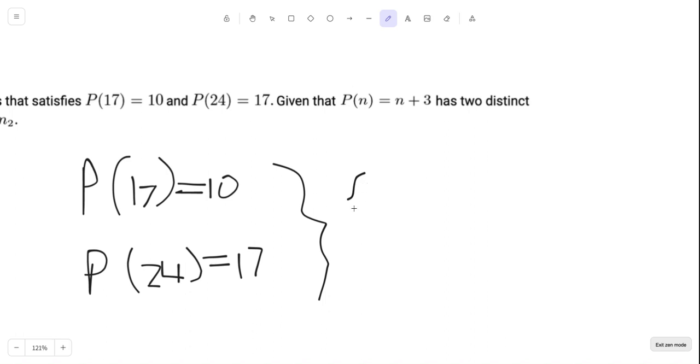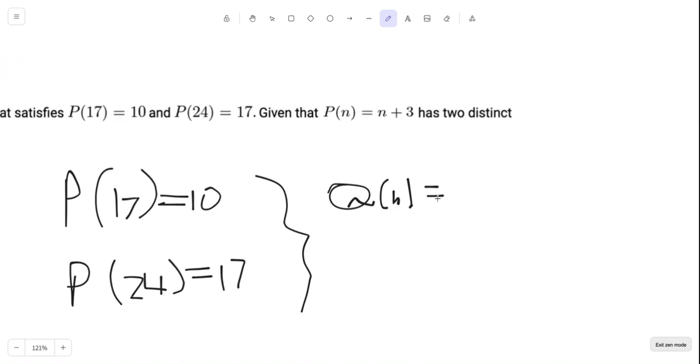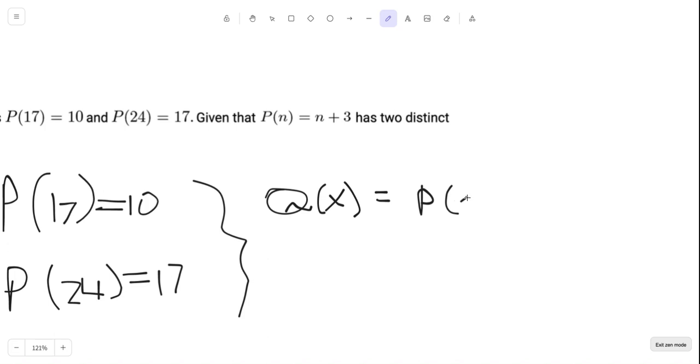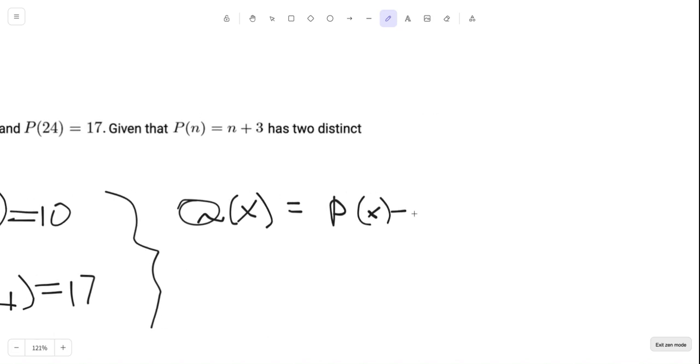If we let another polynomial q of x equal p of x minus 7 less than x,